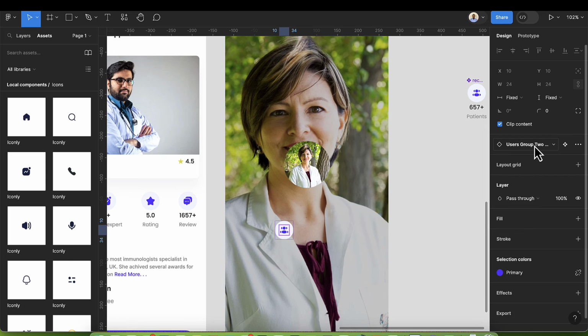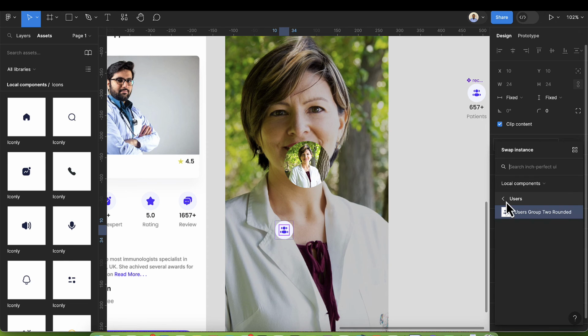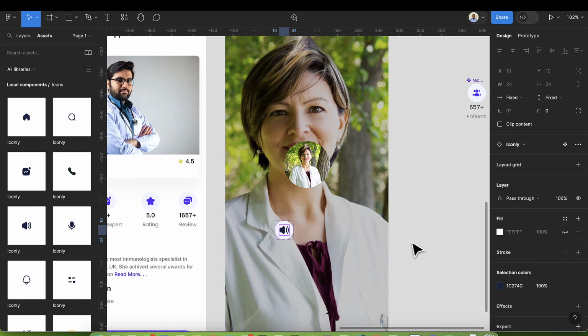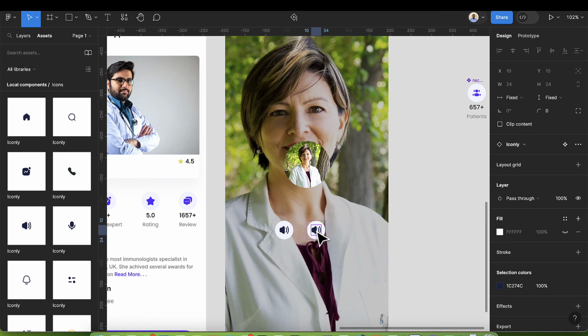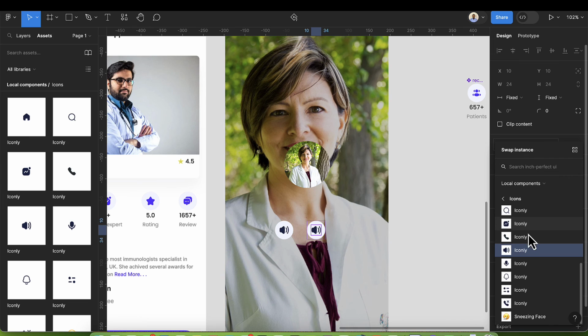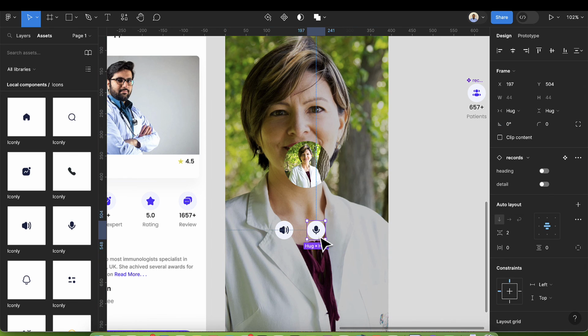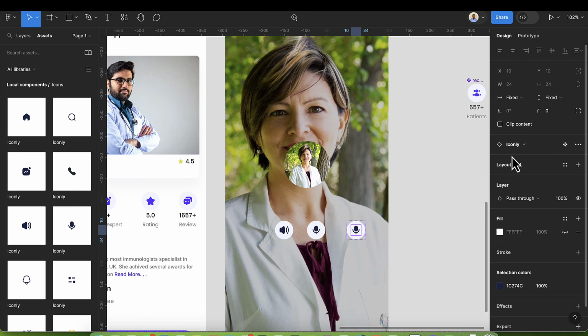So now go back to this now and we are going to select the user, back to user, and then go back to bold. Then we're going to select this icon here. After adding that, I'm going to also duplicate this again, drag that, and then double click to select the icon, and then we're going to change this to another icon again. So I'm going to use this. Then I'll also duplicate this by pressing Ctrl D, drag that here, and then double click to select the mic, and then we can change that here